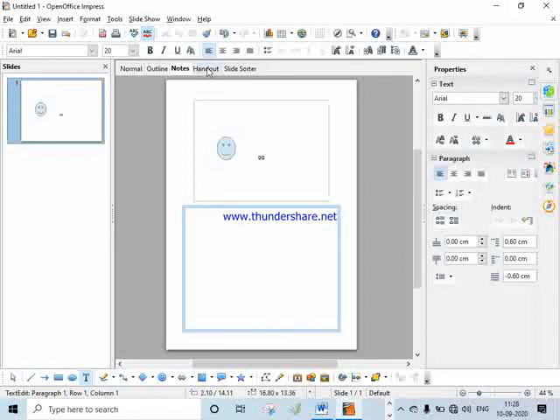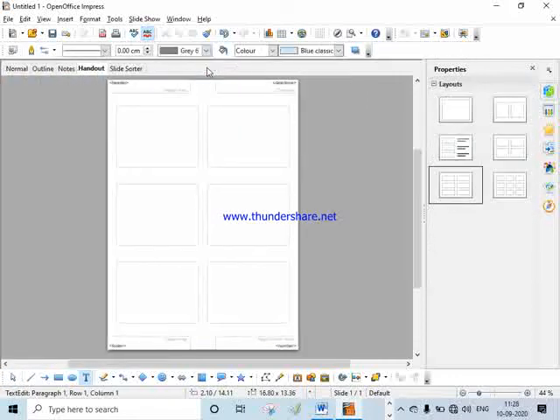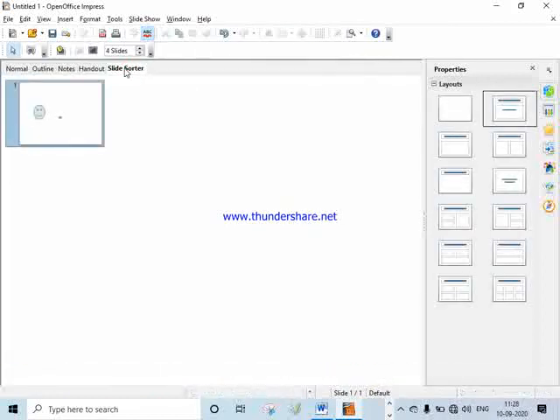Then handouts, then slide sorter view. If you have a number of slides, then you can view your slides in one window with the help of slide sorter view, but by default it is on normal view.